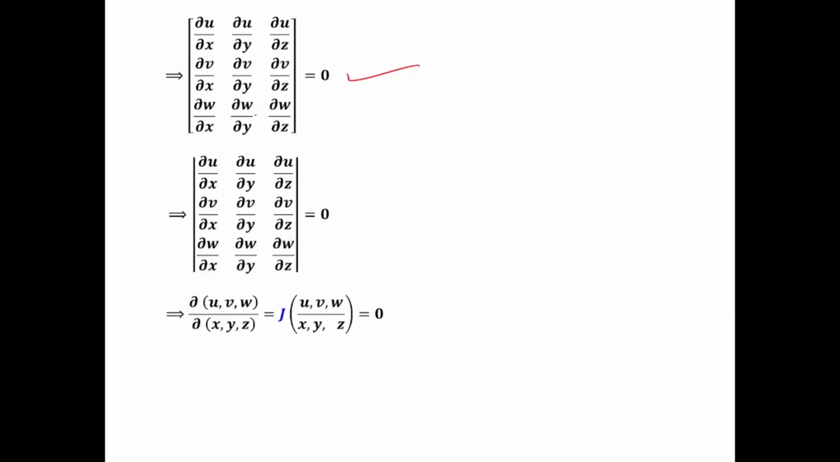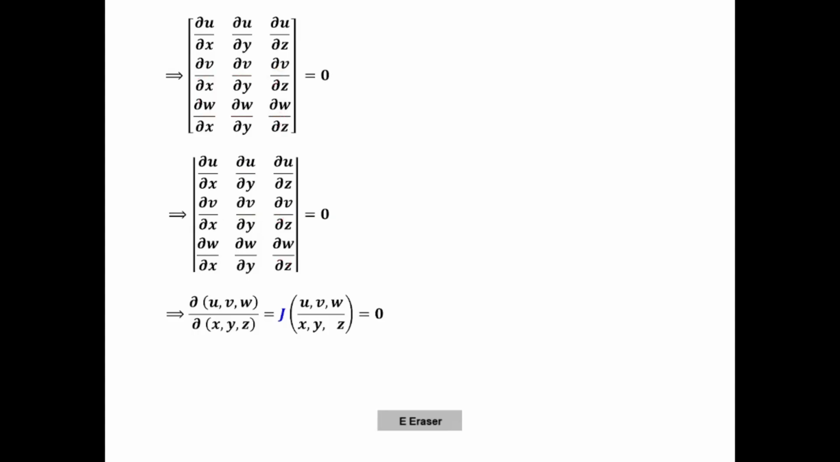Now, if I consider the determinant of this matrix, then what do we have to write? This is in the matrix format. So in the determinant format, it will be del u by del x, del u by del y, del u by del z. This row: del v by del x, del v by del y, del v by del z. This row: del w by del x, del w by del y, del w by del z